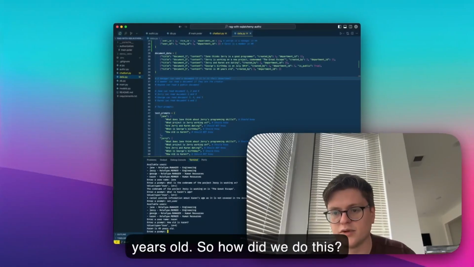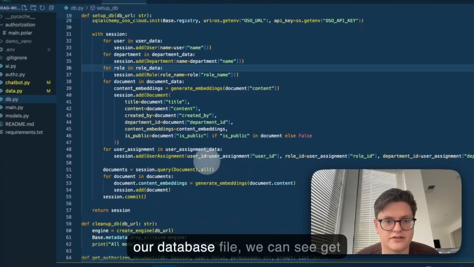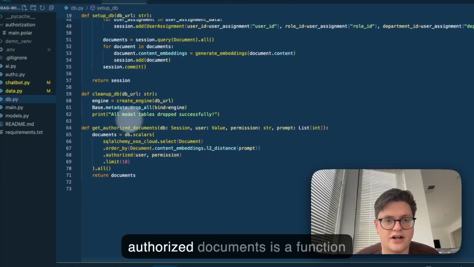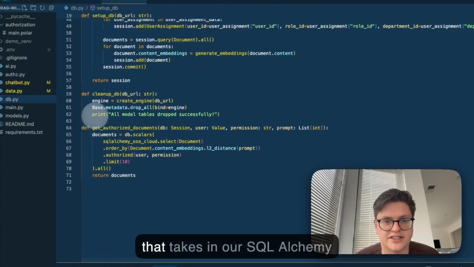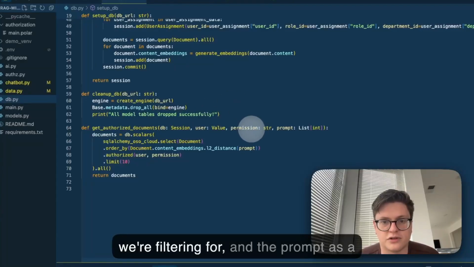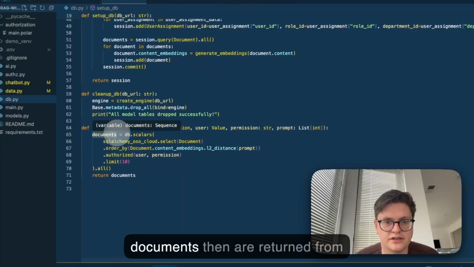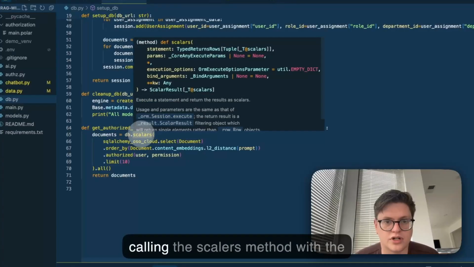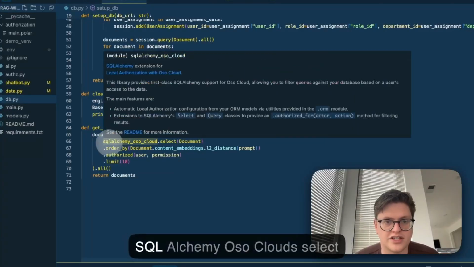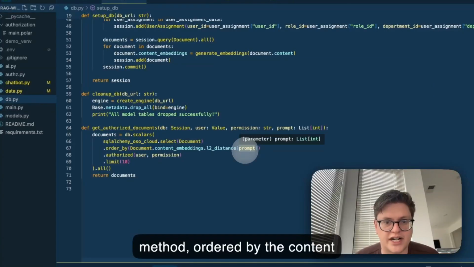So how did we do this? Well, we've actually achieved it in just a few lines of code. If we check out our database file, we can see getAuthorizedDocuments is a function that takes in our SQLAlchemy session, our user, the permission that we're filtering for, and the prompt as a vector. The documents then are returned from calling the scalars method with the SQLAlchemy Oso Cloud's select method, ordered by the